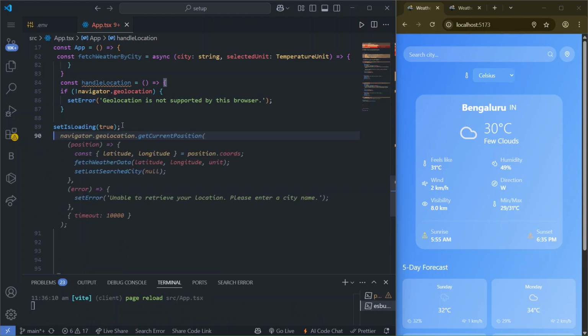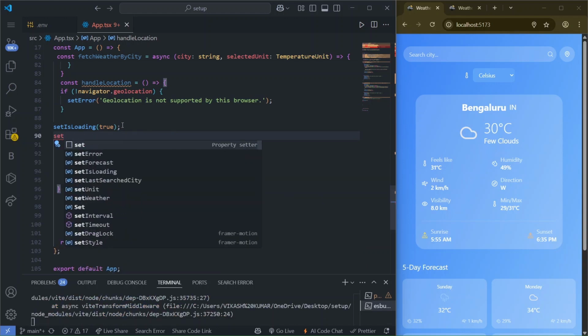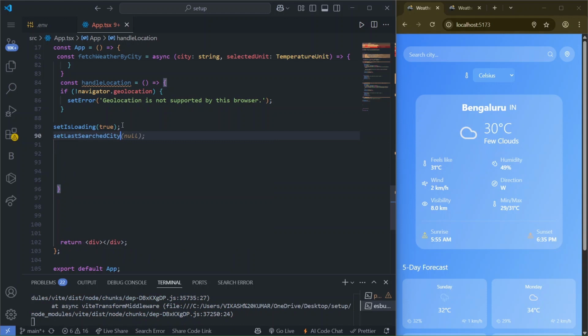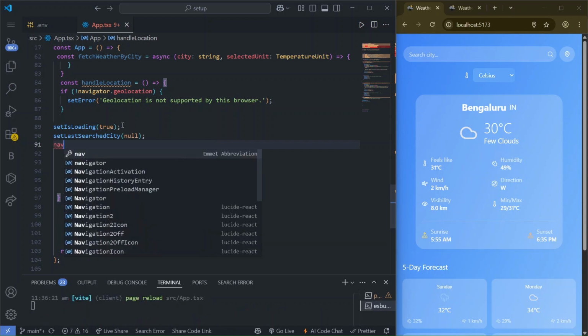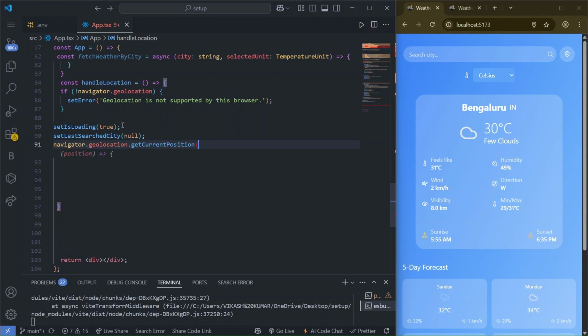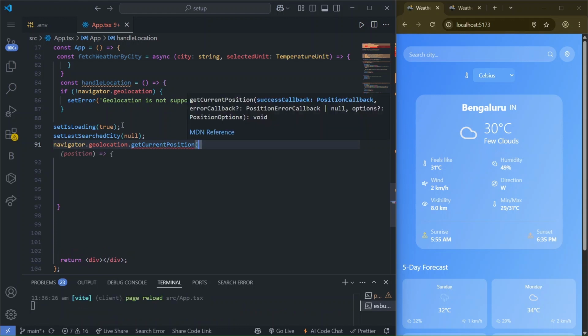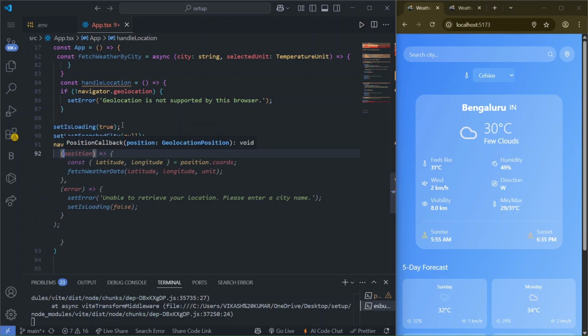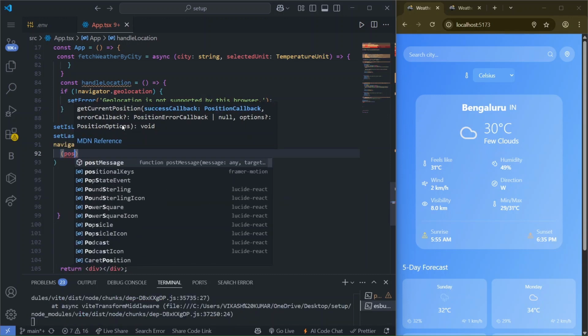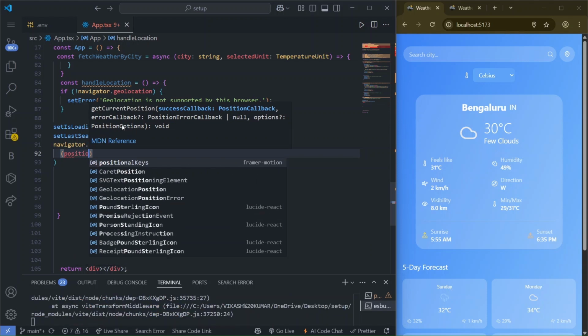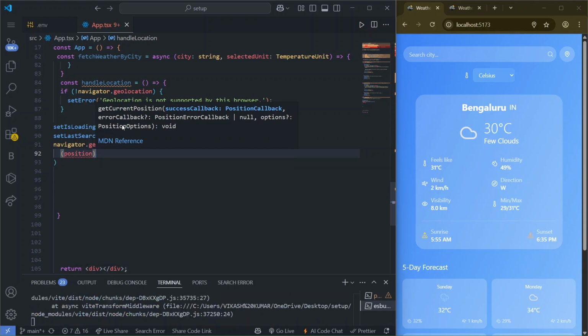So we can write set last search city will be null, and if navigator dot geolocation dot get current position, it will get your current position, and it will take a parameter like position. We will pass a parameter, position, and in this